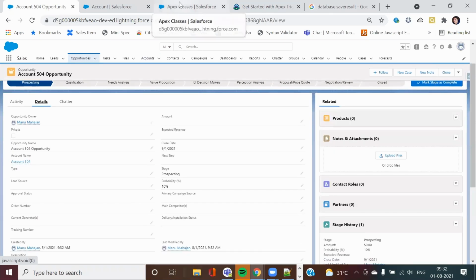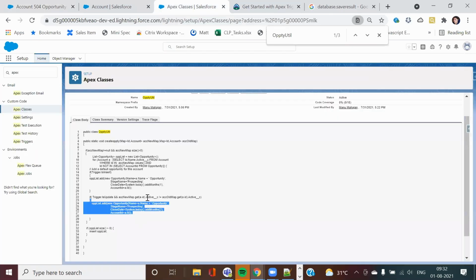So now if you look into my code, this is what I have done here. So is this insert part clear? Then I can move on to the update part. Anyone having any questions on this?